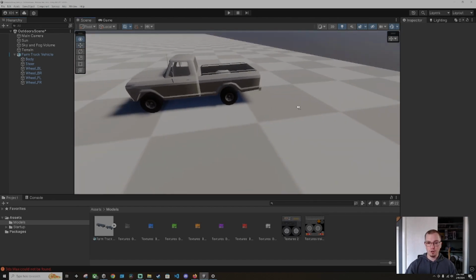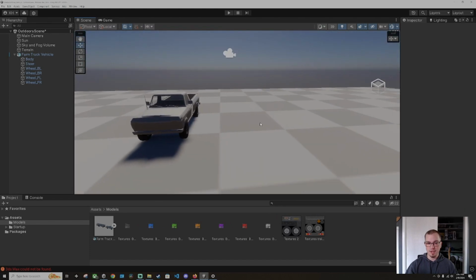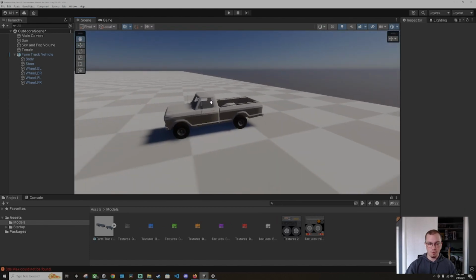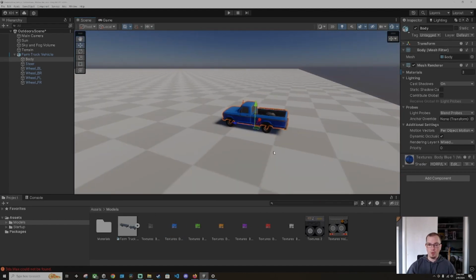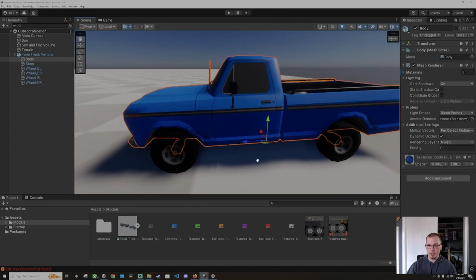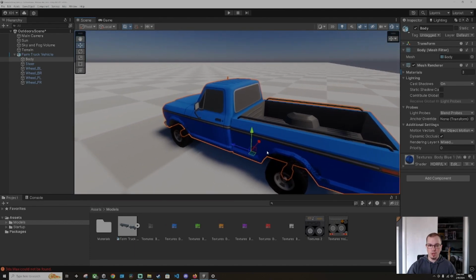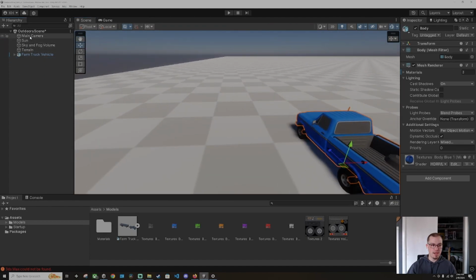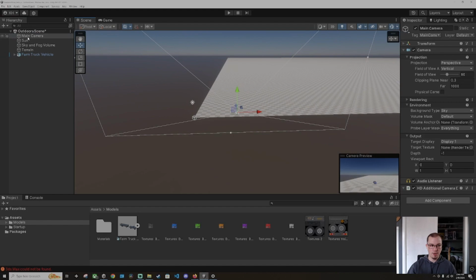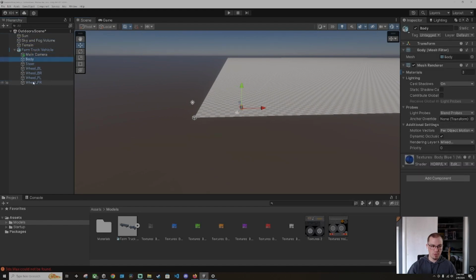It's not textured. That is next. Okay, so here we go. Now we've got it textured. We've got the farm truck on here. It's looking good. Now, the one thing we can do is take this main camera, which is over here. We'll drag and drop it onto the truck so it follows it. And you know what? We're going to, real quick,